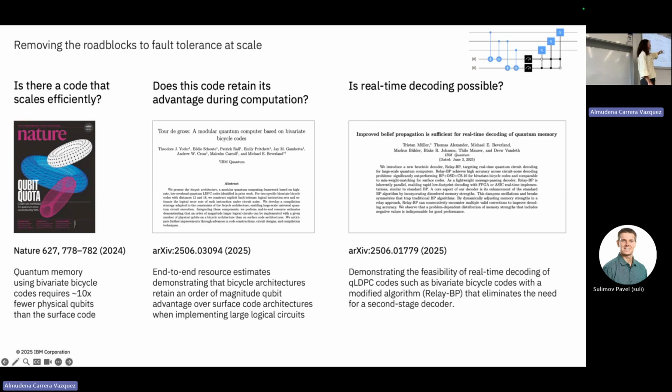And then there is a third paper. I told you earlier that the decoding part is a non-trivial step. That can actually be pretty expensive classically. So, going from the syndrome to some operation that we apply classically. And it was not clear, up till this paper, that with the type of new codes that they are using, you could do this step efficiently enough or in real time, because all these things that we are doing, correcting the errors, need to happen in real time. So in this third paper they show that, yes, indeed, there's a new algorithm that we can use for the decoding in real time.